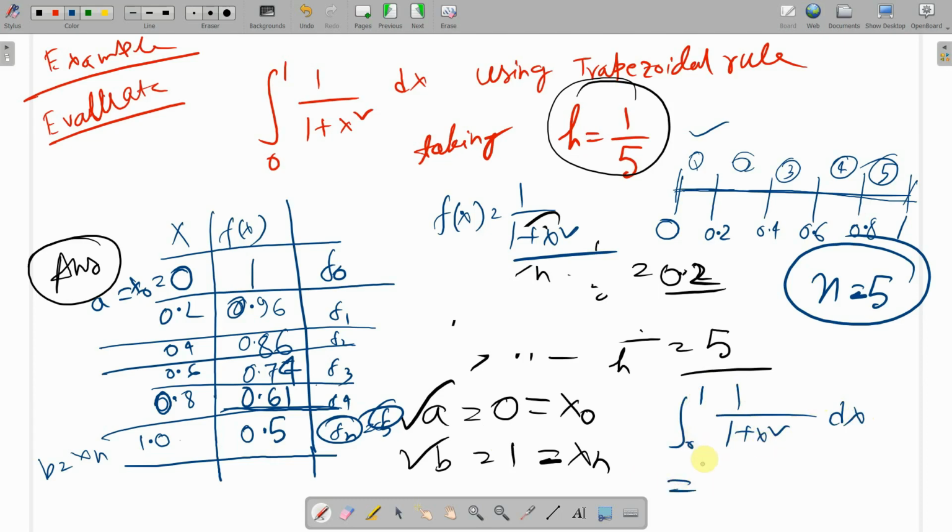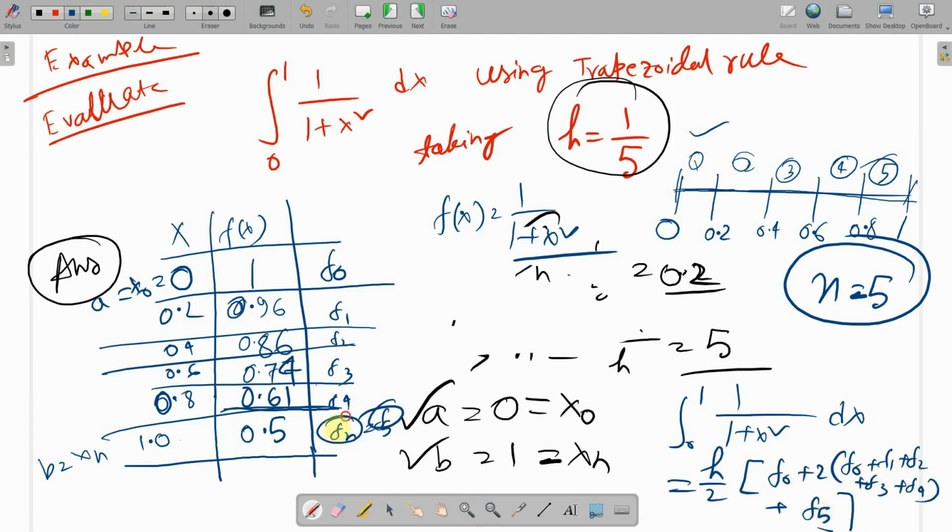Okay, from trapezoidal rule I know h by 2, f0 plus 2 times (f1 plus f2 plus f3 plus f4) plus fn. हमारा fn क्या है? f5 है, जो 0.5 है। इसको करो।